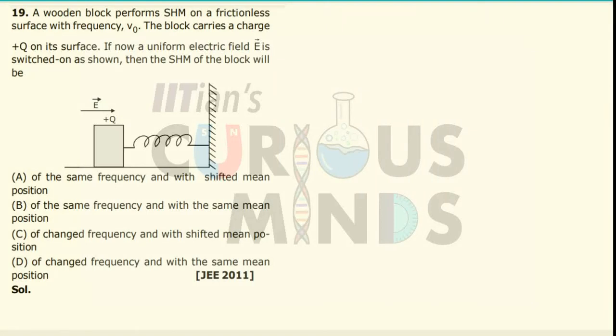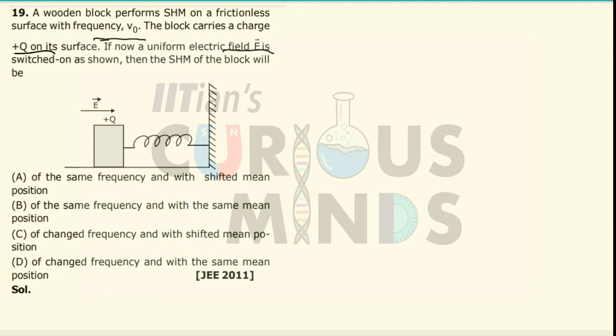A block performs SHM on a frictionless surface with a frequency nu naught. The block carries a charge of plus q on its surface. If now an electric field of E is switched on as shown, then the SHM of the block will be